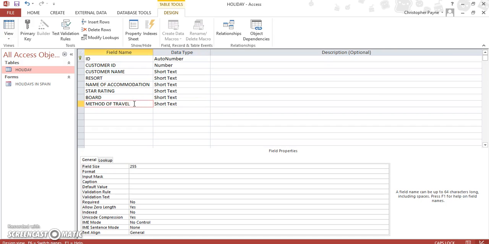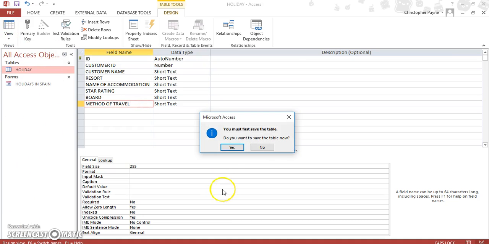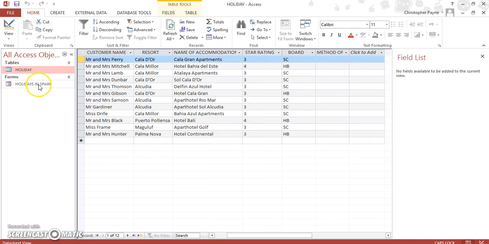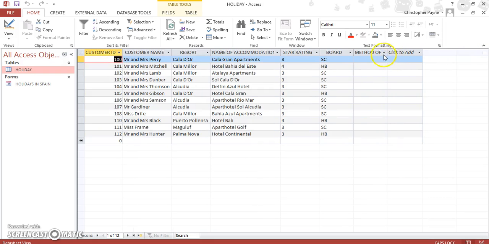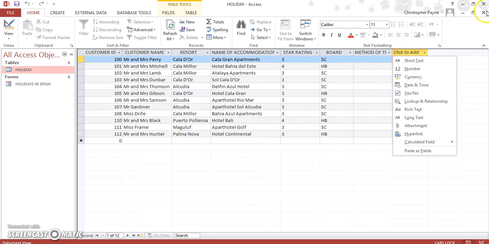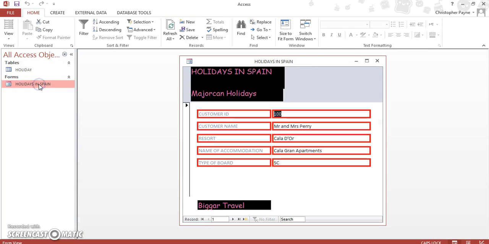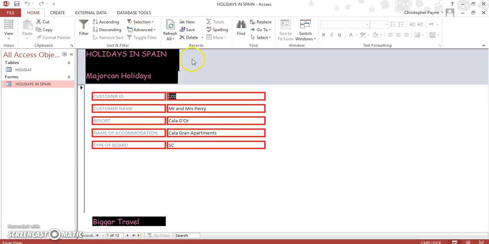Right. I'm going to pause now and come back once it's all been filled in. There's no point in you seeing me keying anything in. Okay, I was getting ahead of myself there. I'm not going to key anything in here. We're just going to close the database with the method of travel left blank, and we'll populate it via the form. So we save, go back to our holidays in Spain form,